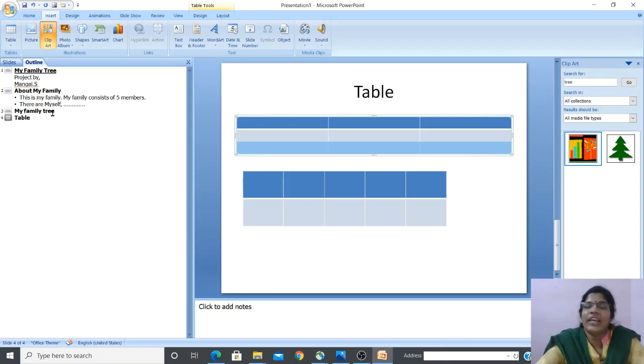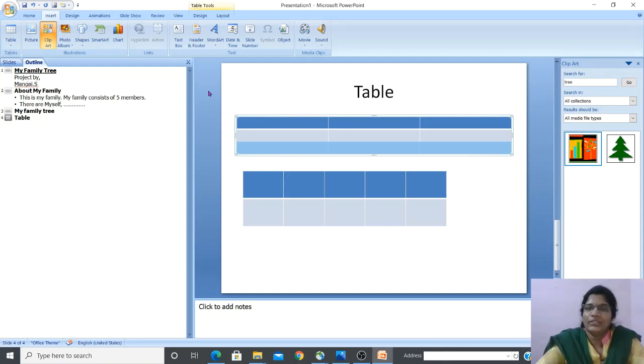See, in the family tree I have added SmartArt graphics. Would you be able to see it here? No, right? Yes, tables, we created two tables. Do you see the tables here? No, right? So the outline tab displays only the content of each slide. You can see slide numbers 1, 2, 3, 4 and the content we have written as text. Only the text information you can see here.